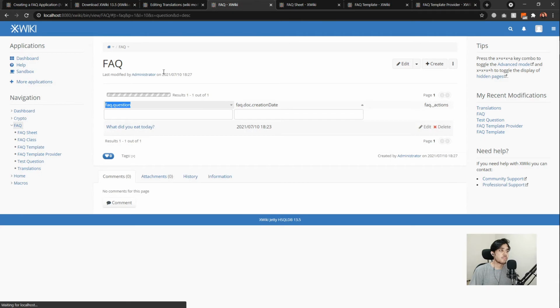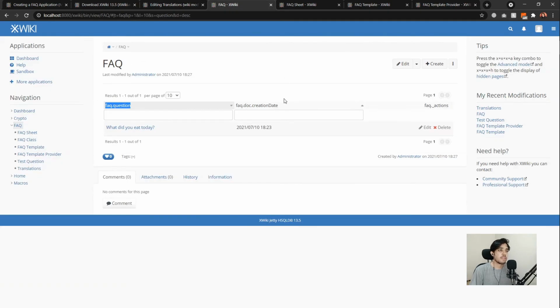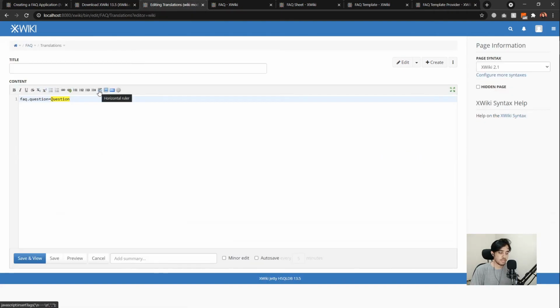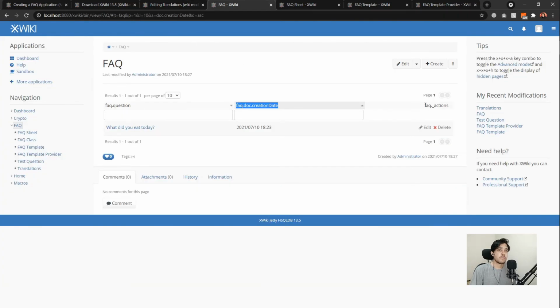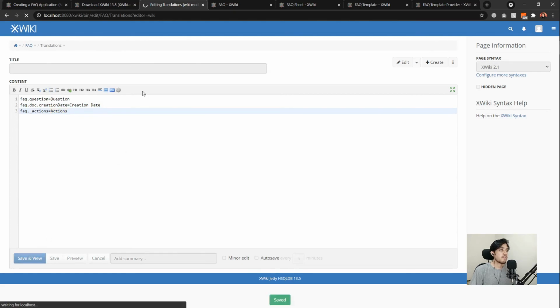So if I just copy this part and place it and set it equal to question, and then the same for the others, I specify the translations for them as well. So creation date, and then for the last one, the actions, I specify it to be actions. Now I just save and view this,